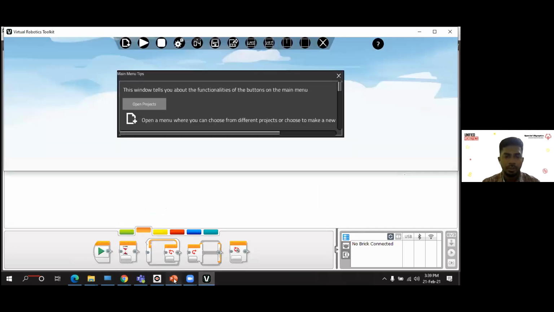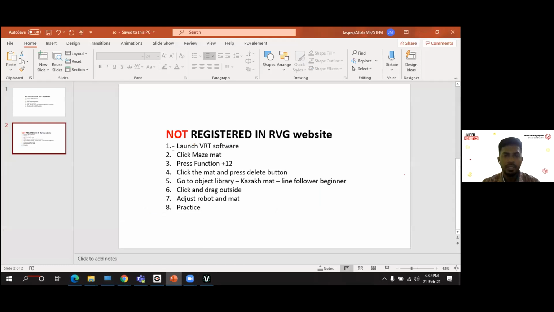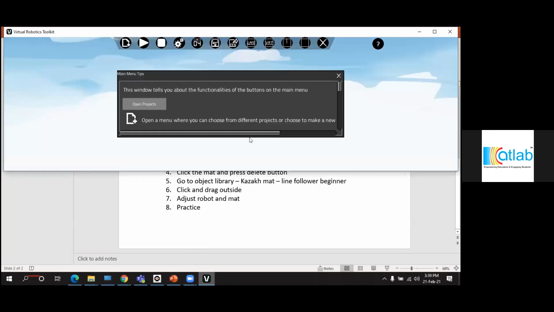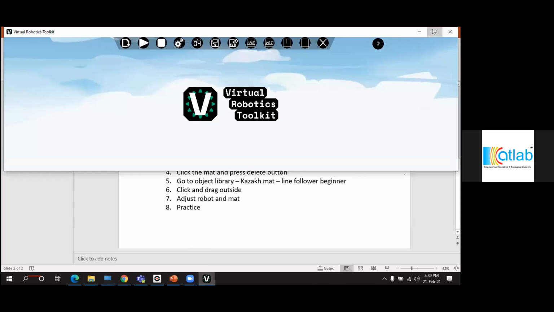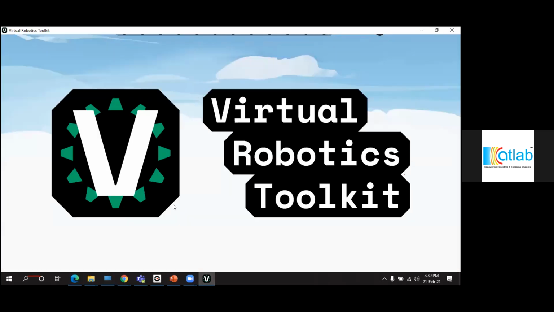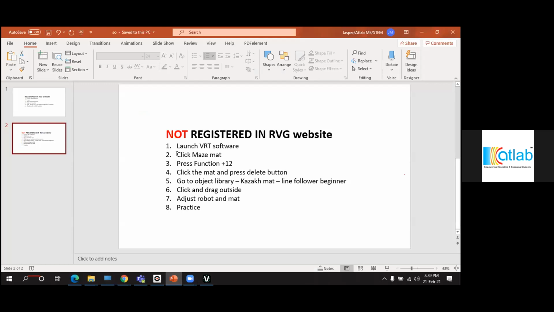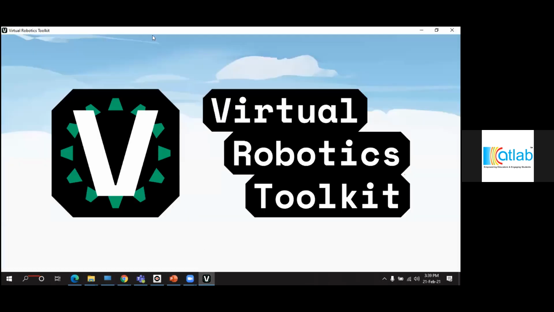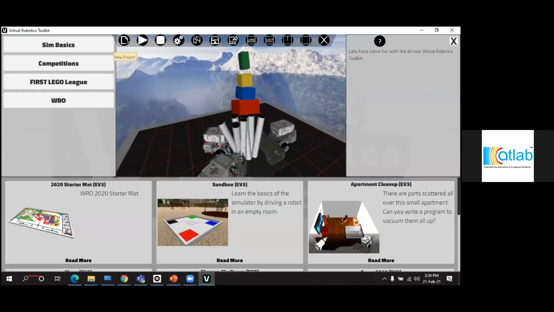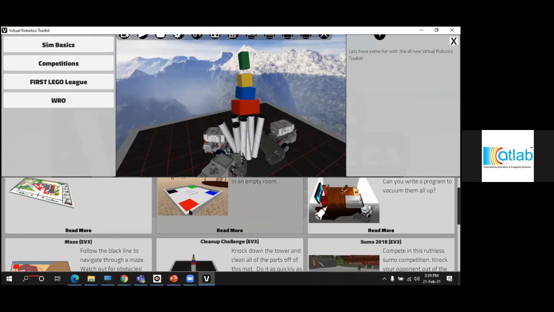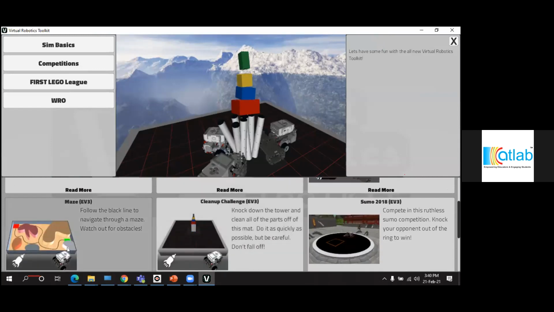What does the first step say? Launch VRT software. We have launched the VRT software and I'm going to maximize it to full screen. The next step is click Maze Mat. We have to go to the control panel, click the first icon, and scroll down to the maze environment.